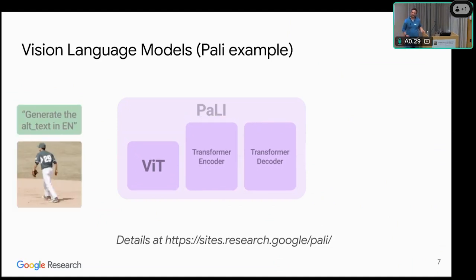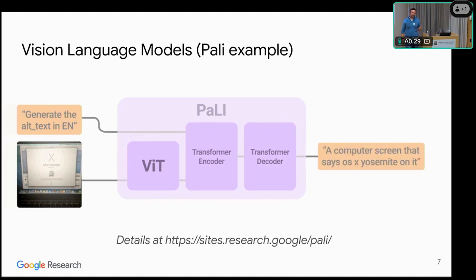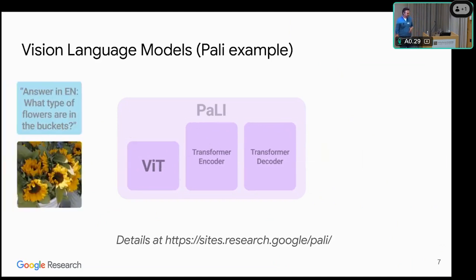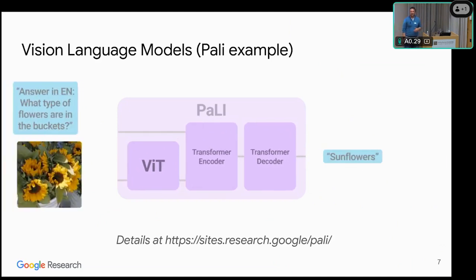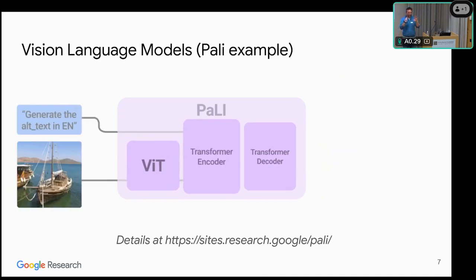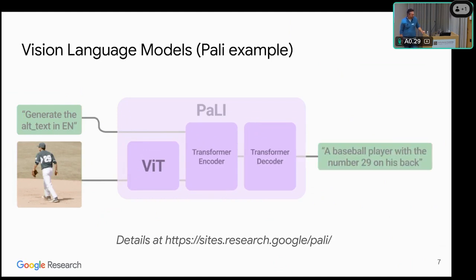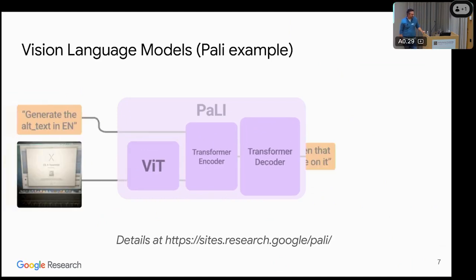But now, because it's also LLM-based and it has this flexible architecture, you can also ask it to count stuff in the image or do all sorts of different tasks, always with this same architecture, the same building blocks, the same infra, and so on. And so this is really powerful.